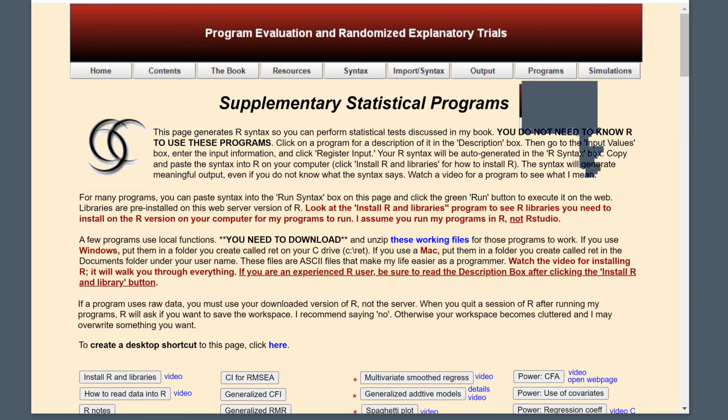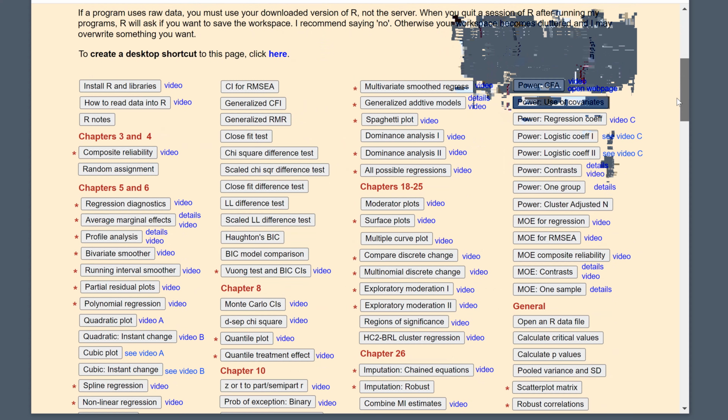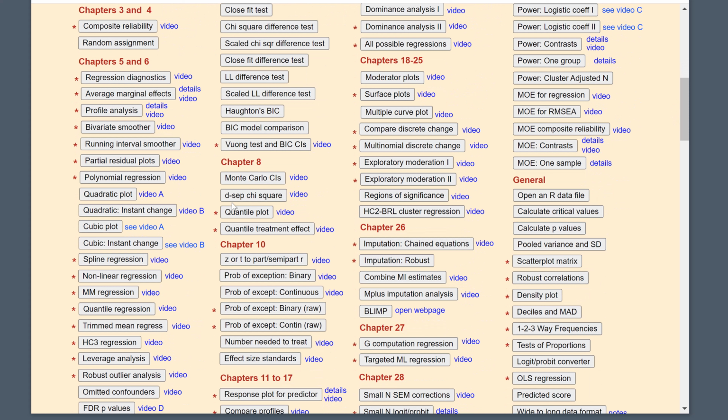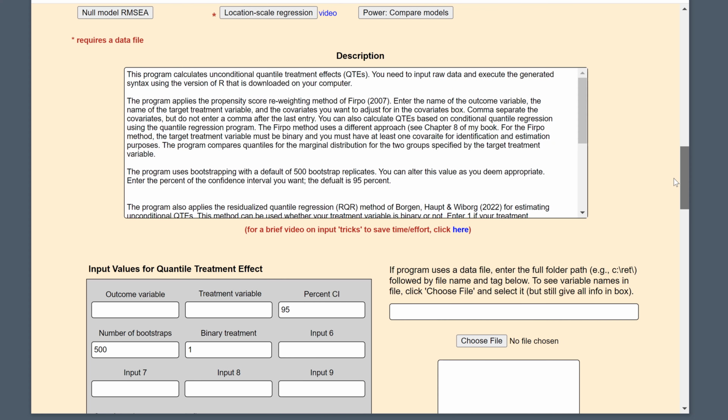In this video, I'm going to show you how to use the program for calculating quantile treatment effects. Begin by going down to the button where the program is located. It's right here, quantile treatment effect. When I click on the button, a set of instructions for how to use the program appears in the description